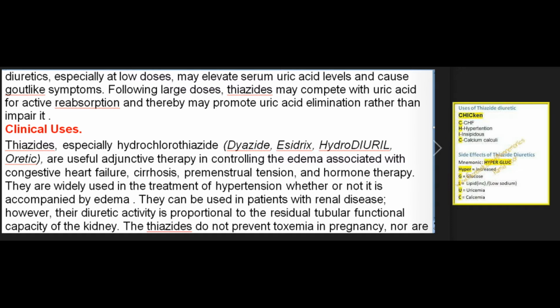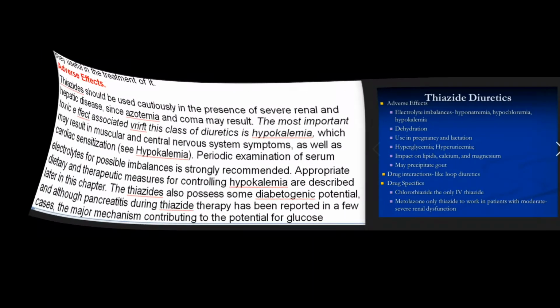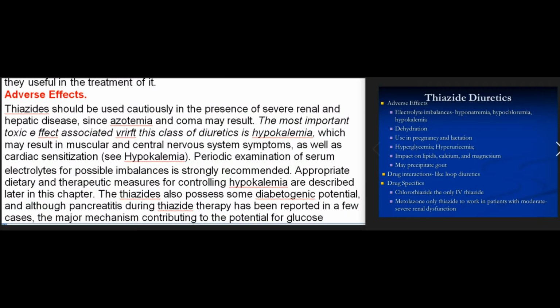They can be used in patients with renal disease; however, their diuretic activity is proportional to the residual tubular functional capacity of the kidney. The thiazides do not prevent toxemia in pregnancy, nor are they useful in the treatment of it. Adverse effects. Thiazides should be used cautiously in the presence of severe renal and hepatic disease, since azotemia and